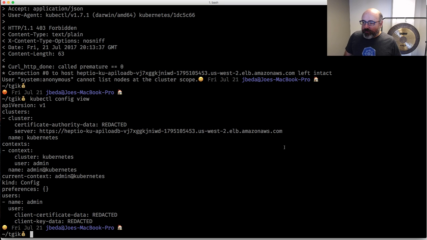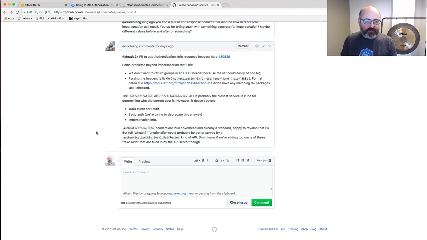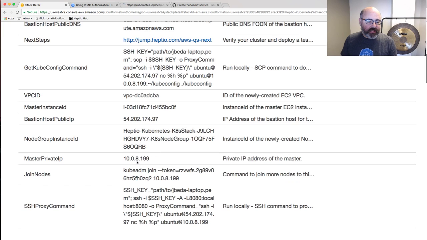And so the idea of who you are in a Kubernetes cluster is incredibly flexible. And I think that flexibility is a real feature because it lets you integrate in a bunch of different ways. But it's also a problem because when you talk about how to authenticate to my cluster, there's no one right way to do this. And I personally would like to make it easier for people to actually take advantage of